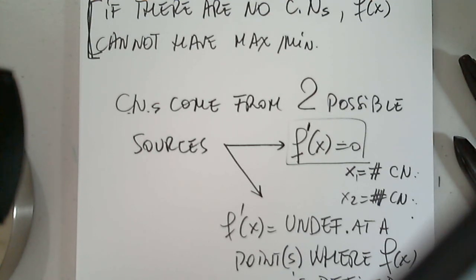But f prime being 0 or f prime being undefined does not guarantee a max or min. Only if the derivative changes sign. See here the derivative is negative, but here the derivative is positive. So that's why this is a relative min. So here this is a critical number. Is there a guarantee that it's a max? No. Unless on the left-hand side the derivative is positive and on the right-hand side the derivative is negative. Then it is guaranteed that this critical number gives a max to the function. But what about